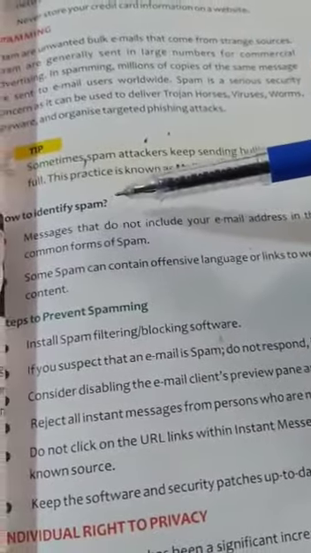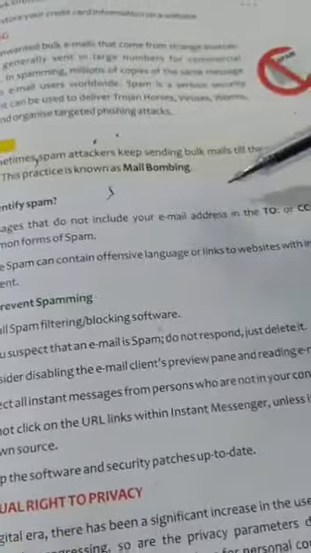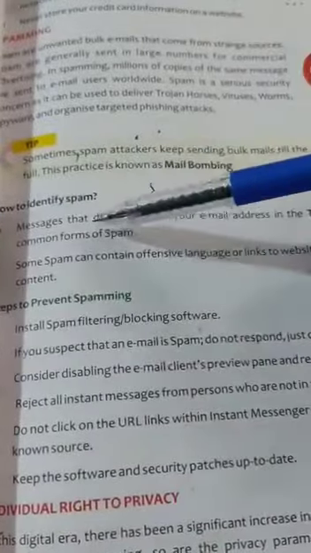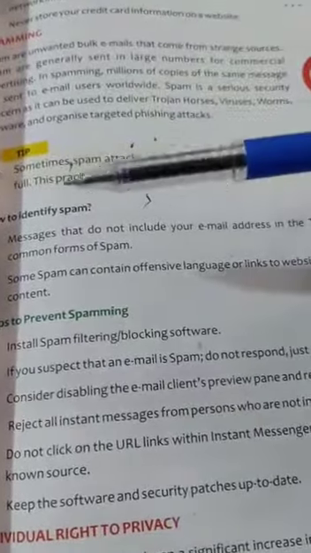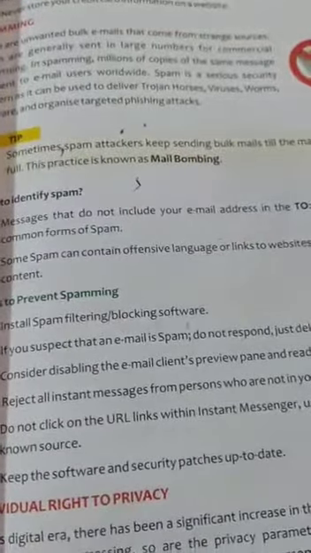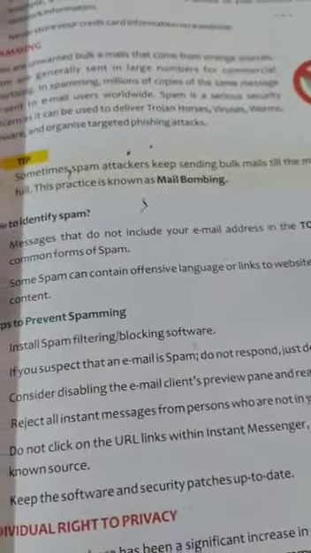How to identify spam? First, messages that do not include your email address in the TO or CC fields are common forms of spam. So when you receive any email message, firstly open it. You can check whether that message contains your email address in the TO or CC field, only then open that message.